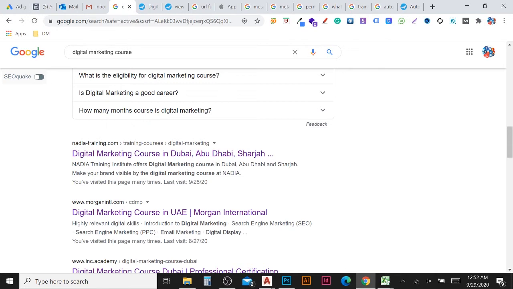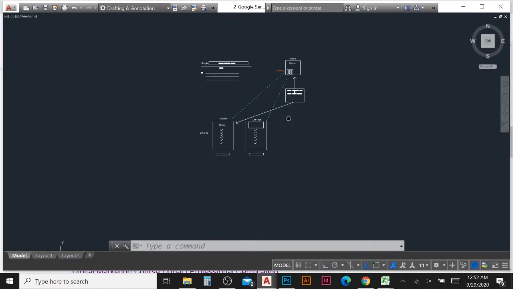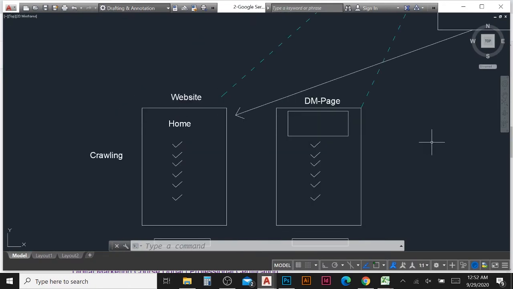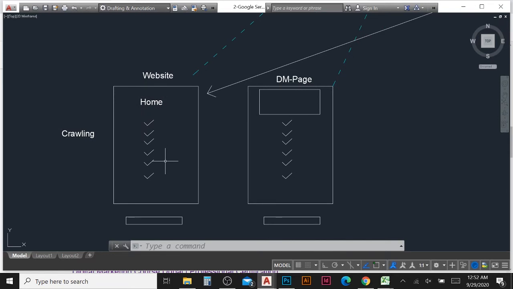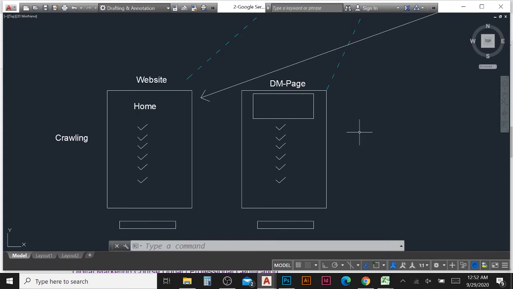So for that, what we need to do next is find keywords, because we need to add a high searching keyword. For example, you are working on one page, and you have a home page and different product or service pages. Just imagine it's a training institute website and we are going to work on SEO. When you do the home page, we also need to do the digital marketing course page, and the different courses we provide: graphic designing, HR related courses, IELTS, different pages. So just focus on one page, for example the digital marketing page.